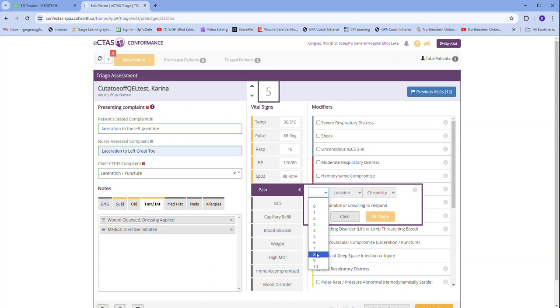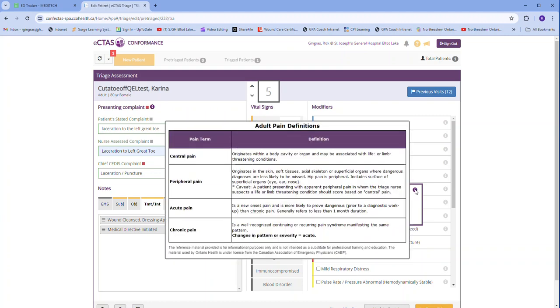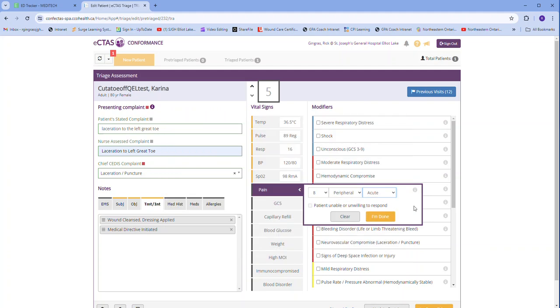So she is telling me that her pain is an 8 on 10, and it is central and or peripheral and acute. Now if you're not sure what qualifies as peripheral and acute, you do have the option. If you hover over this eye icon that is there, it will give you all of the details as to what qualifies as central pain or peripheral pain or acute pain or chronic pain. So you do have the option here to clarify for yourself which one of those options you should choose based on the information presented on that icon. So that's always a bonus,